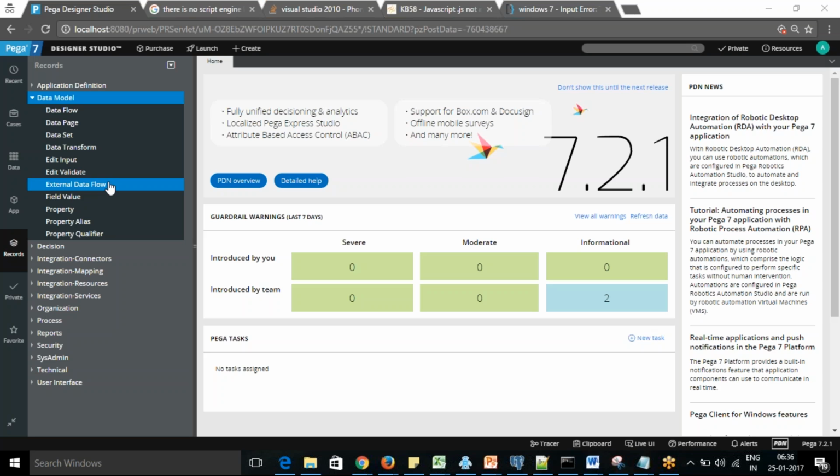We'll come into that. So we'll talk about more detail on data pages, because data pages are widely used across Pega. So how we are going to define the data pages and how we are going to do that, we'll see. These are the different rules we are going to cover as part of the data modeling. So let's start with the property.